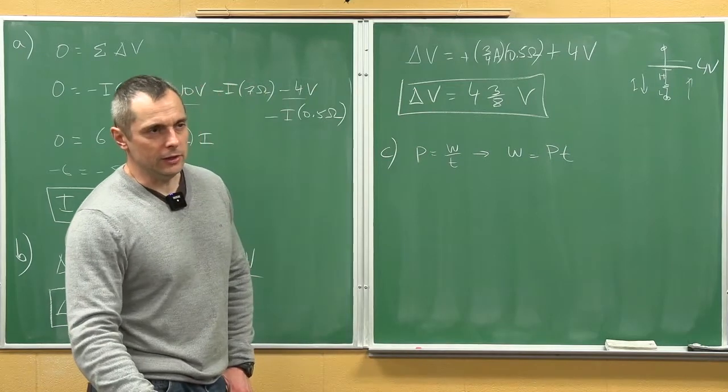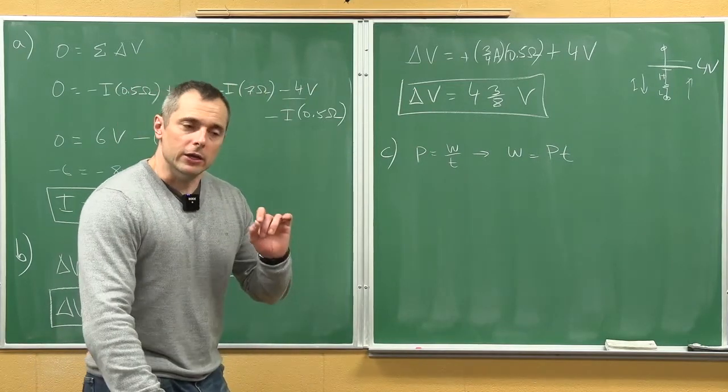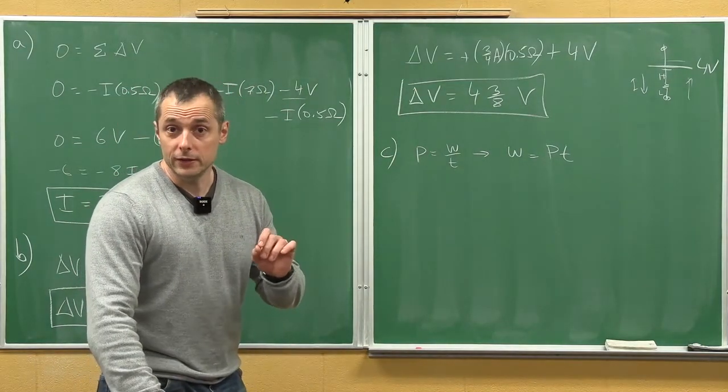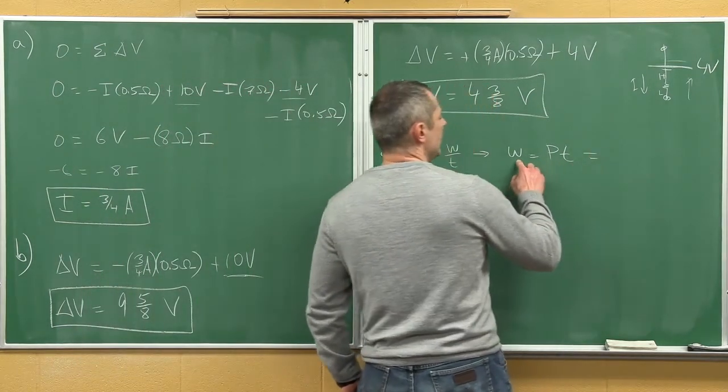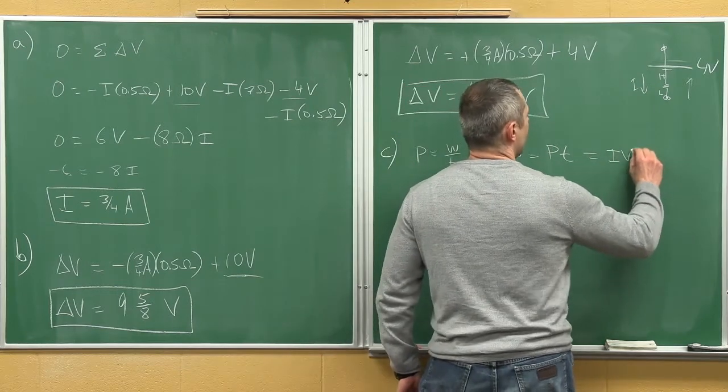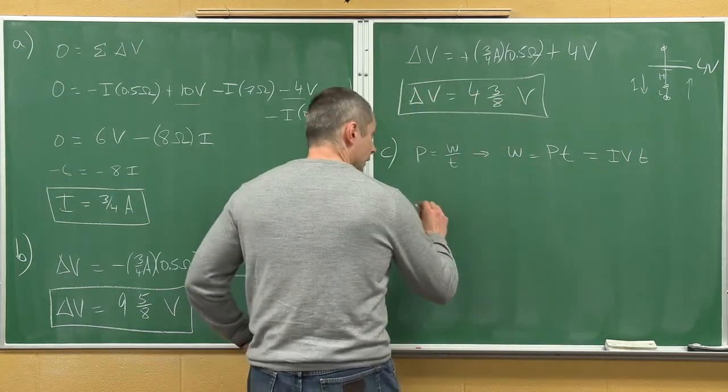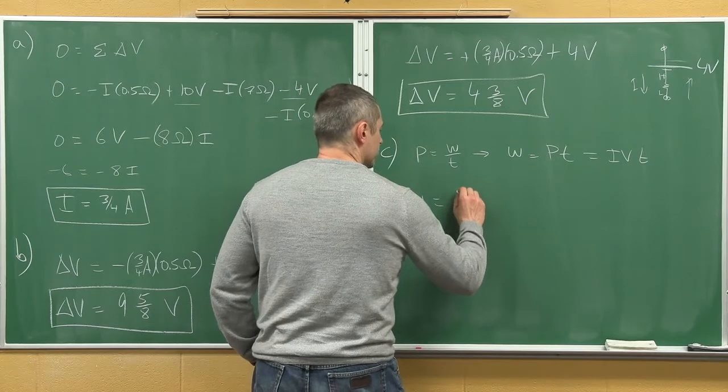And the easiest way to get the power is IV, because we have the current and the voltage. So we could say that the energy, the work, is IV, the power, times the time. So plugging it all in together, we could say